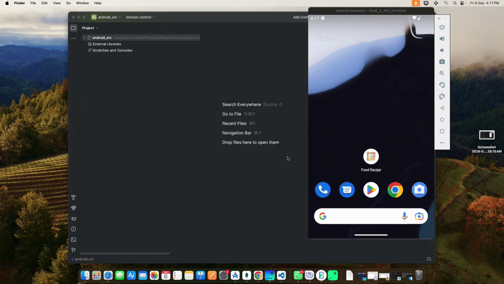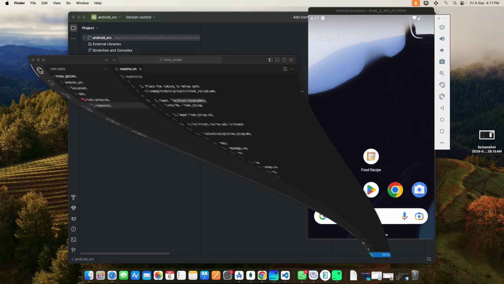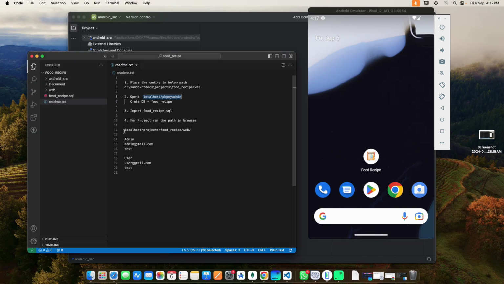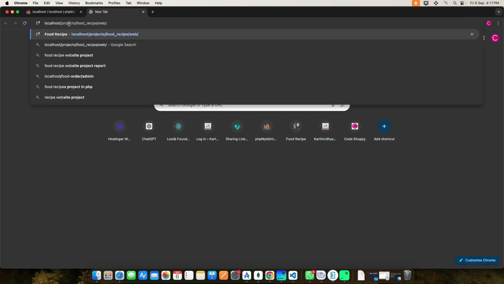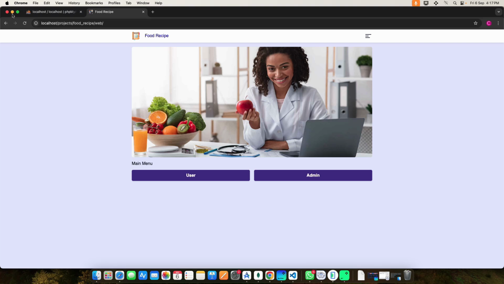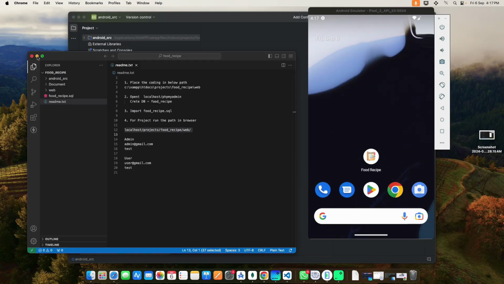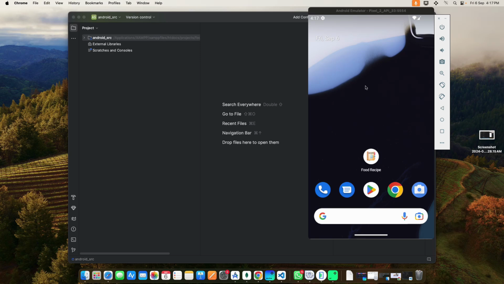If you want to run the project in web browser, you can use the link. Copy the project link and paste to the browser. If you want to see the project in emulator, you can use the drag and drop option. And then click the